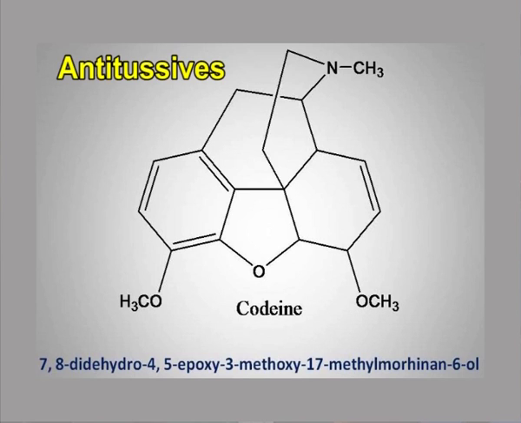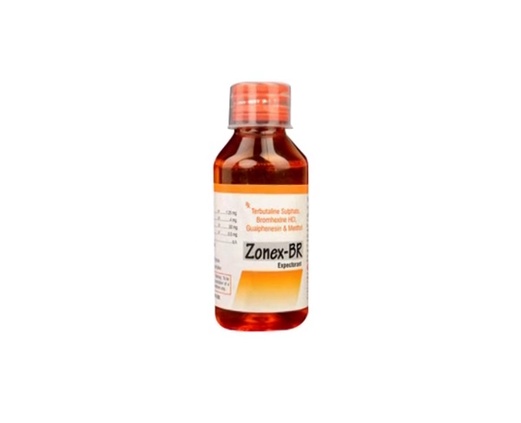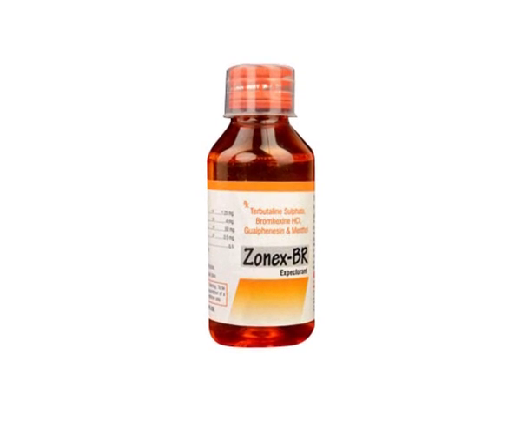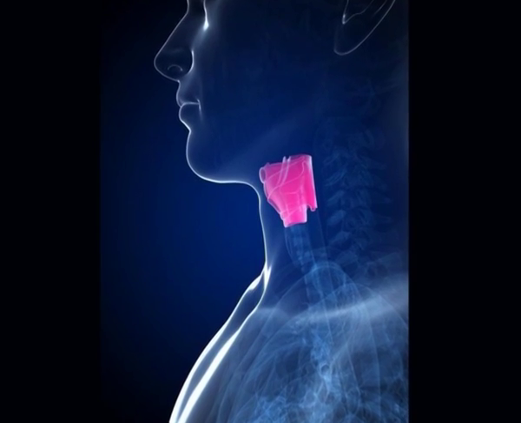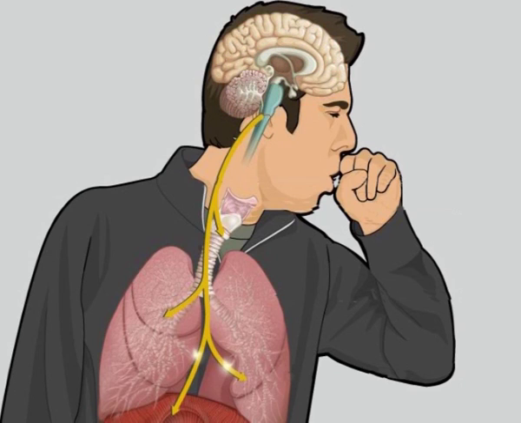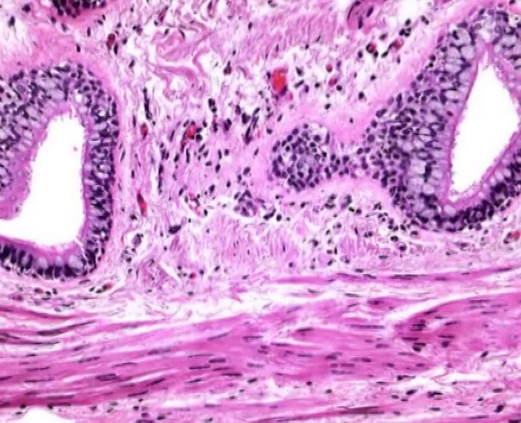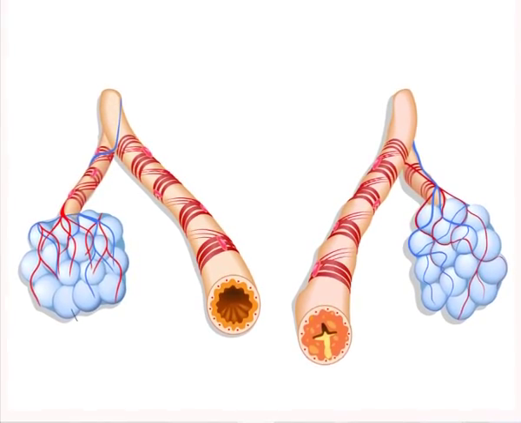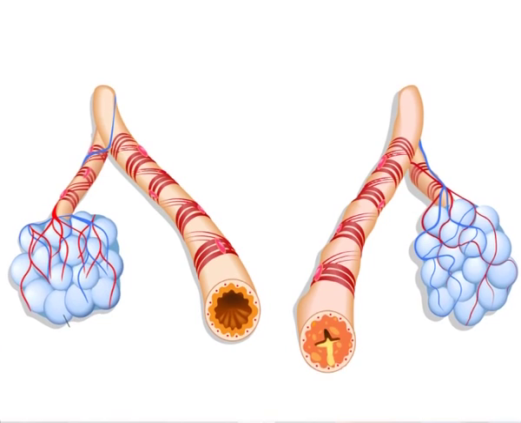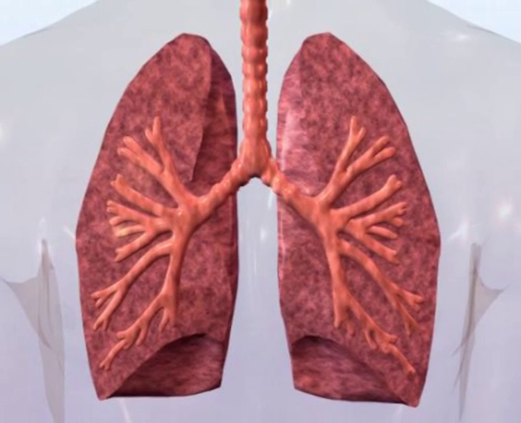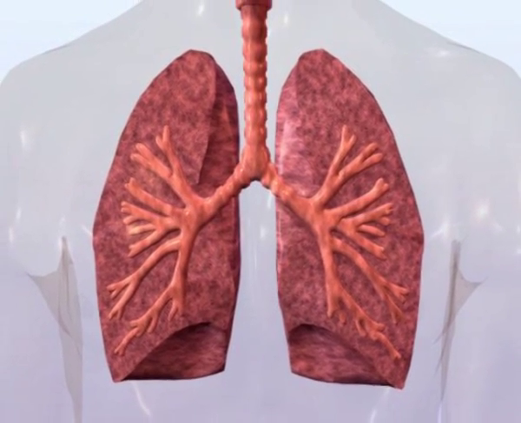Now we will focus on antitussives. Antitussives are the drugs which are used in the treatment of dry cough by suppressing it, that is, reduce the input of stimuli arising from pharynx, larynx and trachea. The cough reflex is complex, involving the central and peripheral nervous systems and the smooth muscle of the bronchial tree. It has been suggested that irritation of the bronchial mucosa causes bronchoconstriction, which in turn stimulates cough receptors, that is, a special type of stretch receptor located in tracheobronchial passages.